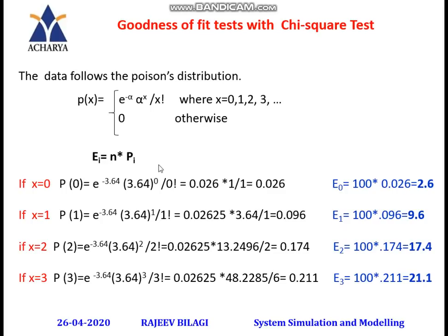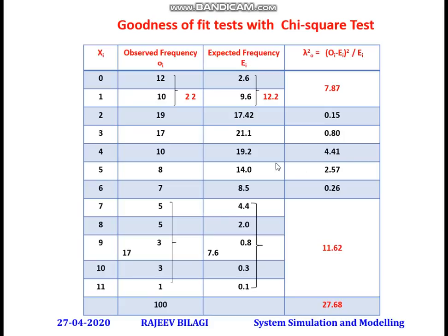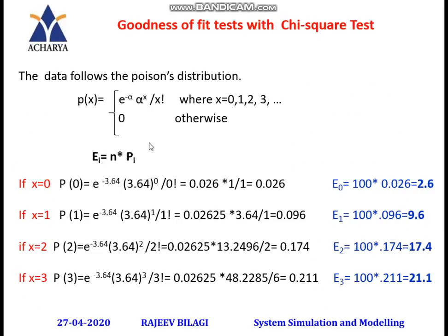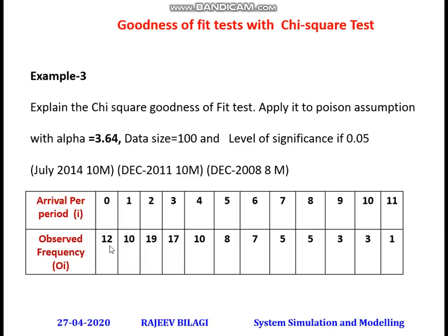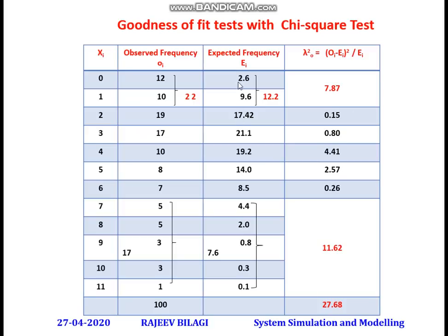So substitute n equal to Pi, then you are going to get 9.6. Like this, you are going to find out the values up to 11. Up to 11 I have calculated and corresponding values also I got. Now the xi value is this one. The observed frequency, what you have identified, is given. Then the expected values according to the Poisson distribution are these values.